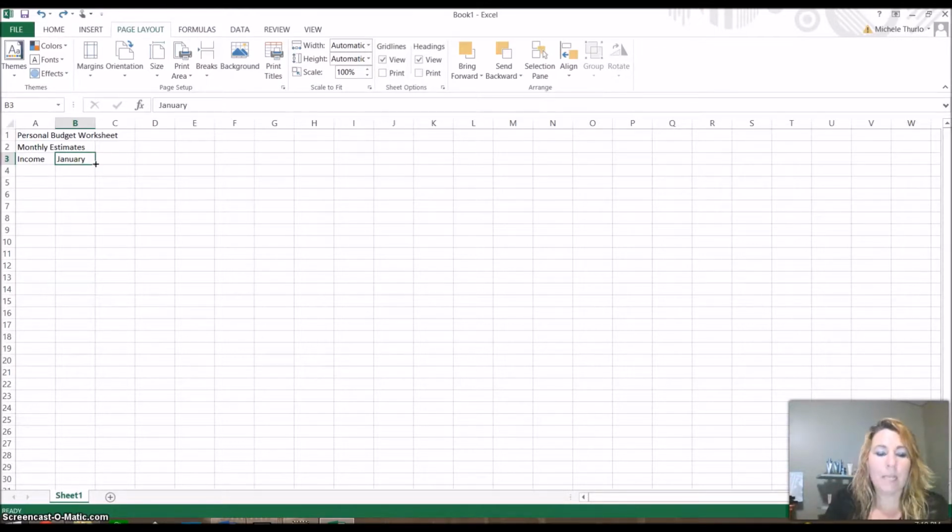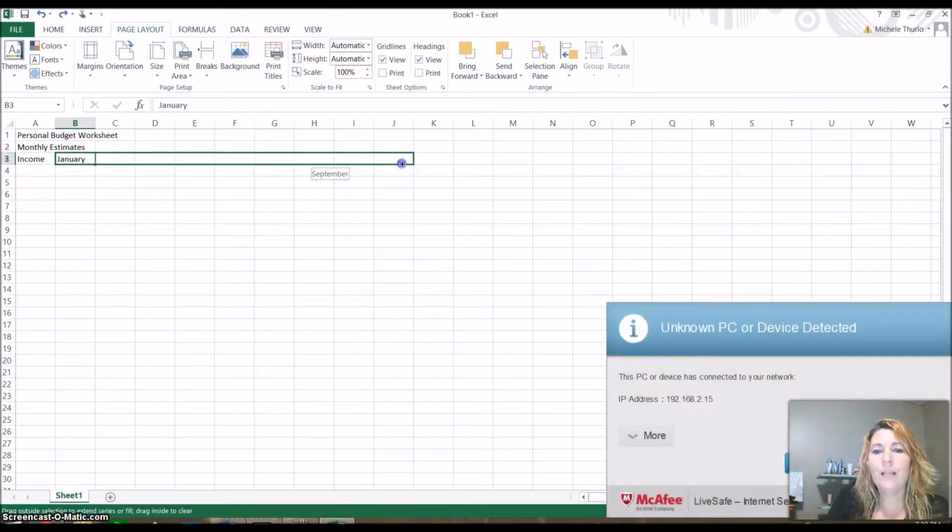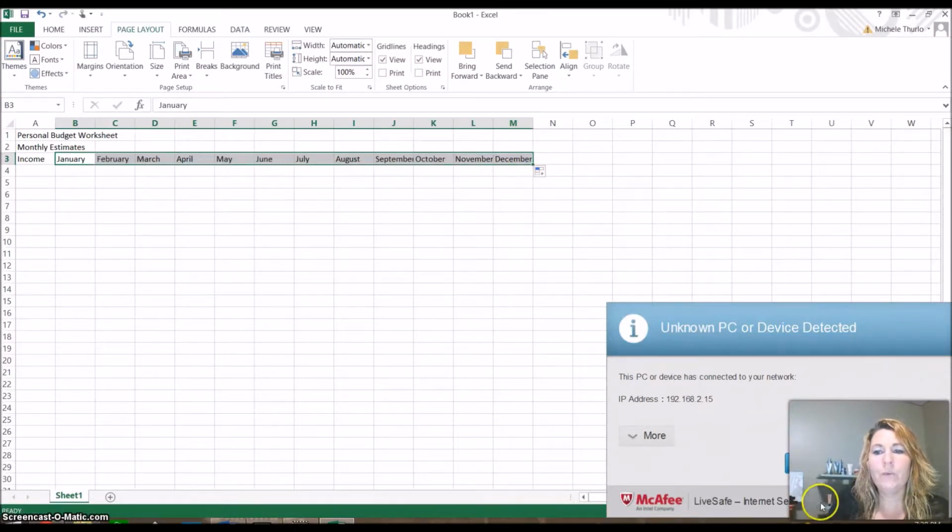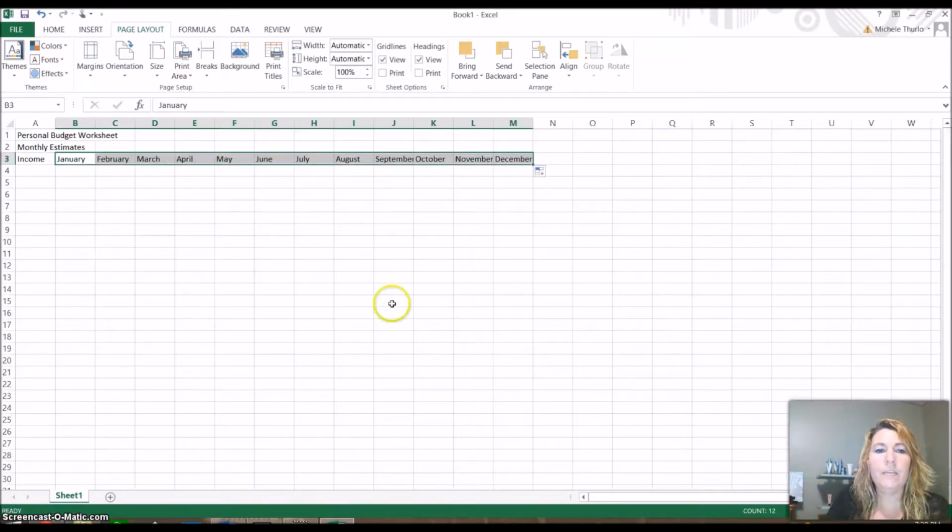And that black plus sign is my fill handle. So if I fill across, you will notice that Excel says, I bet you're wanting to list out all the months. I can go all the way through until I get to December and release, and it's going to go ahead and fill in the months for me. Of course, you could have typed those in yourself. Okay, after December,